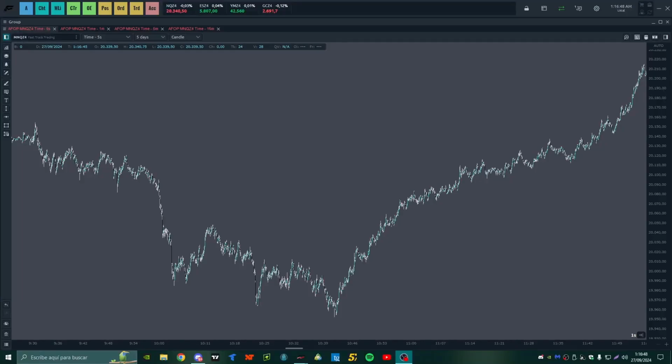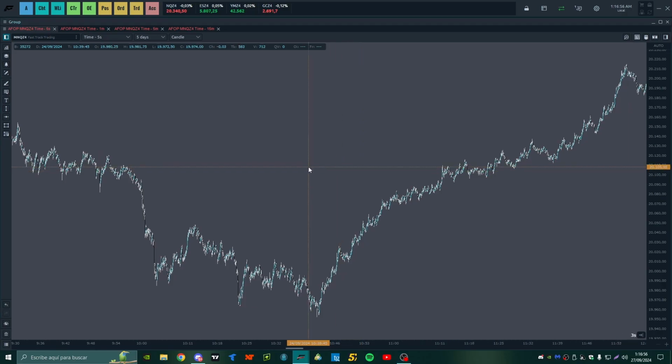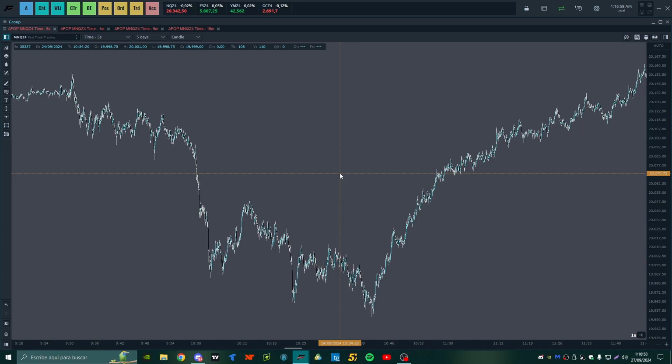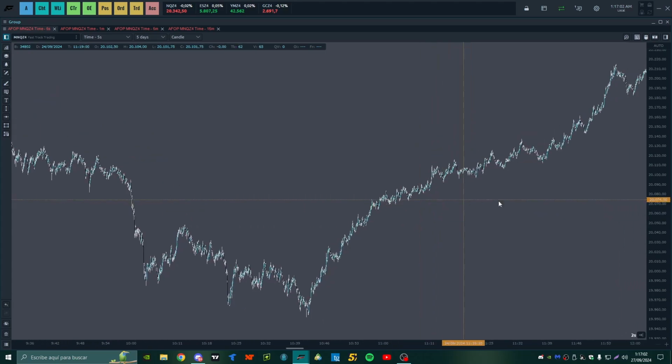I'm going to recap some trades I've made this week. I haven't watched the market much because I haven't had much time. So, taking advantage of the fact that I've made few trades, I'm going to show you all of them at once.